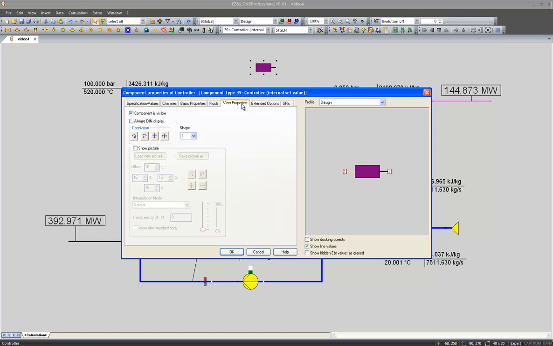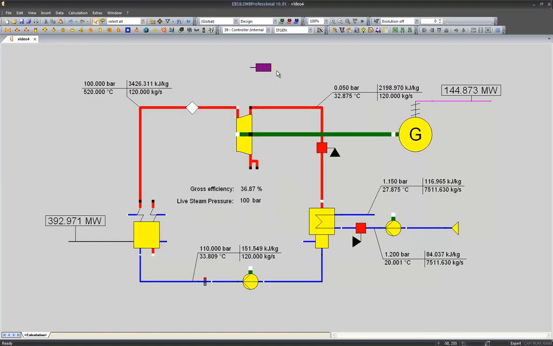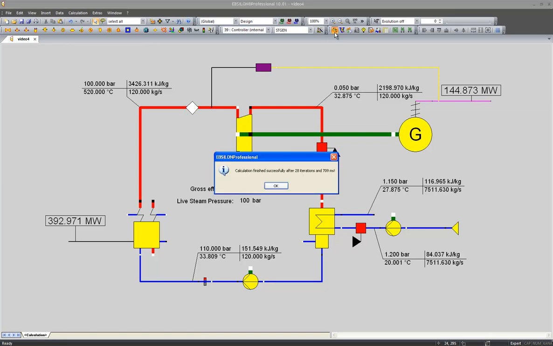Therefore, I will now mirror my controller in the View Property menu, and connect the actual value line with the generator output line and the correction line with my live steam line. I would simulate the cycle,